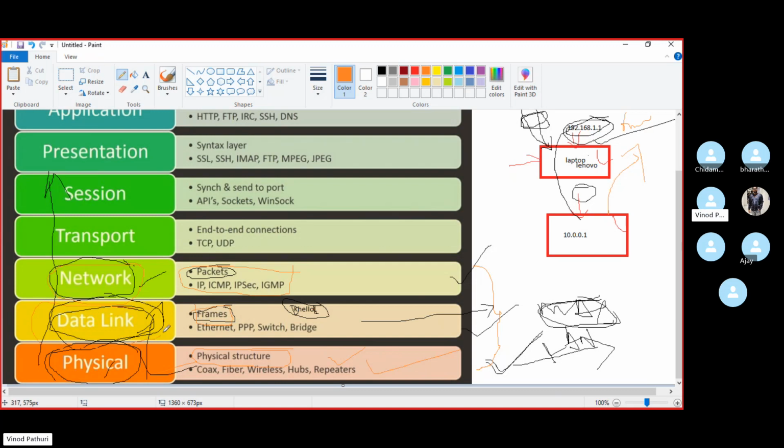Coming to the data link layer, our data will be in frames, and here you have Ethernet and the MAC address. Whenever you refer to Ethernet, you have an Ethernet card, a NIC card, and that is associated with the MAC address. And the switch operates at layer 2, because it works based on the MAC address table. Which table will be formed by the switch? Yesterday we discussed it, right?